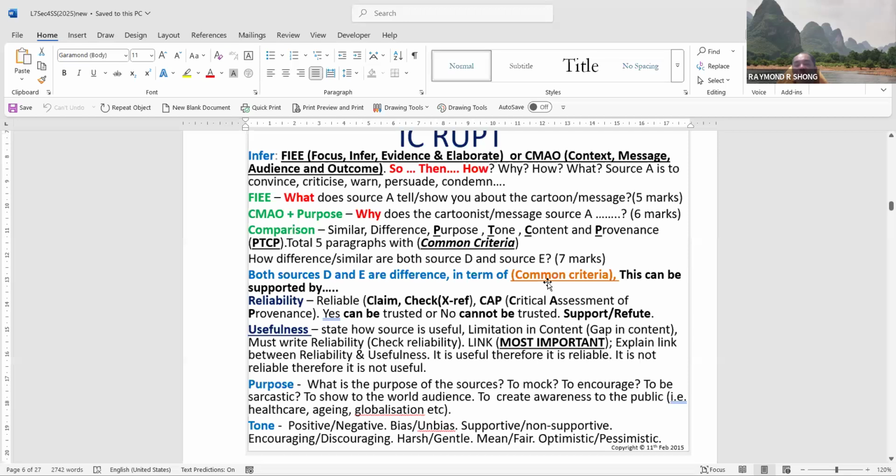What is the common criteria? The common criteria is, do they have the purpose of diffusing or helping the government's forces? For example, "2 is enough." Or is it because some bloggers or some sources say that 2 is enough, 1 already has problems feeding the kids, still want to have 2 children, 3 if you can afford it, the government must be crazy, something like that. So for reliability, you must check who said that. There's 3C, take note: claim, cross-referencing, and the critical assessment of the provenance. Okay? Wait.